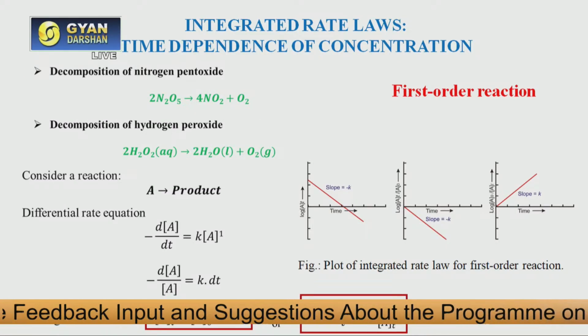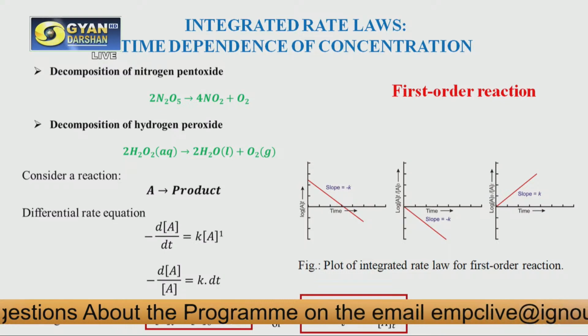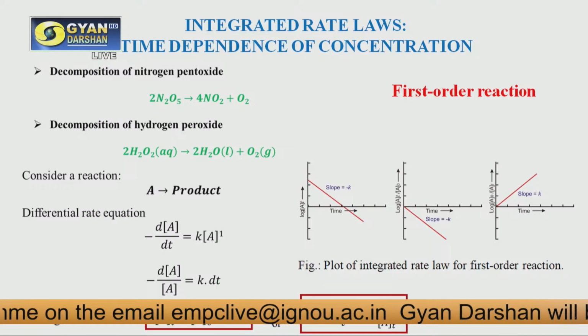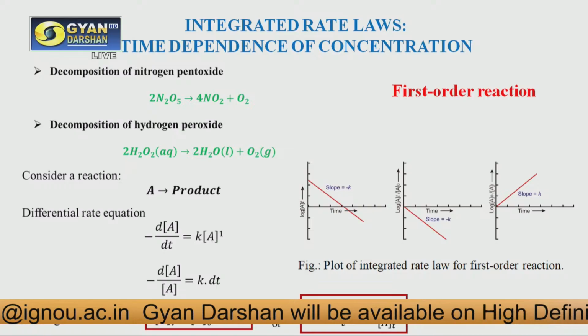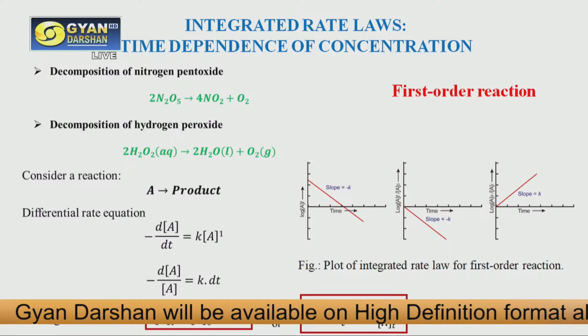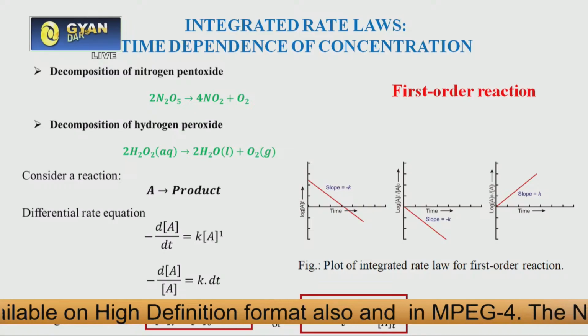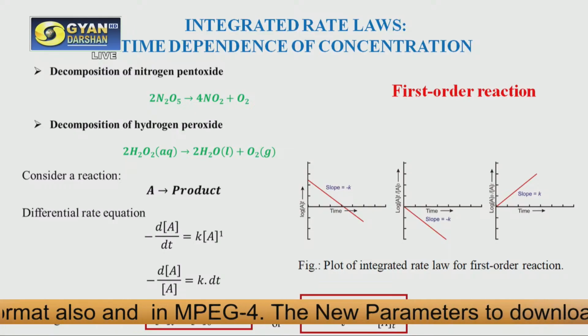And next we move to the first order reaction. Here are some examples of first order reactions: decomposition of nitrogen pentoxide. This example we have seen earlier also. Decomposition of hydrogen peroxide also. And similarly, if we derive the rate equation for this first order reaction, simply considering a reaction